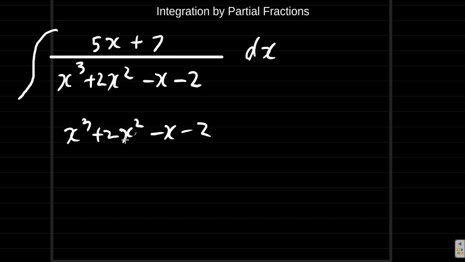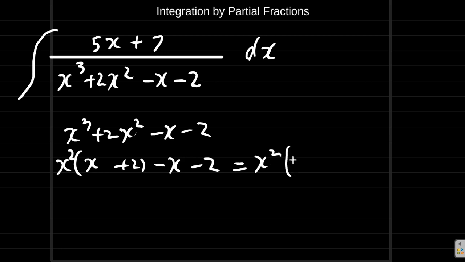Let's look at this. Suppose we consider the x cubed and the x squared here and factorize just these two alone. We have x, then x squared plus 2x. Oh, we could take out x squared. Right. X squared is the highest common factor. So inside the bracket we have x plus 2, minus x minus 2. Alright. We have an x plus 2 in brackets. Suppose we put a bracket around this, we would have an x plus 2 in another bracket. So this is equal to x squared, x plus 2